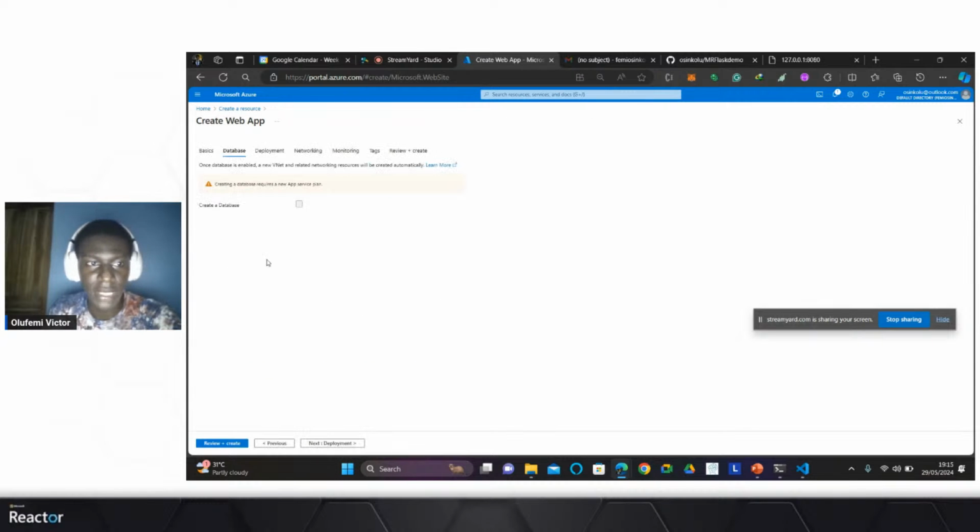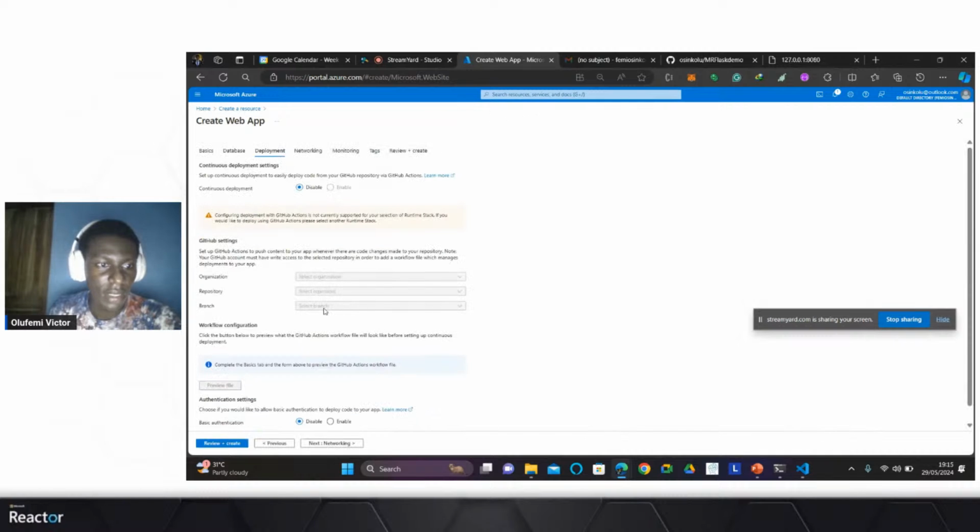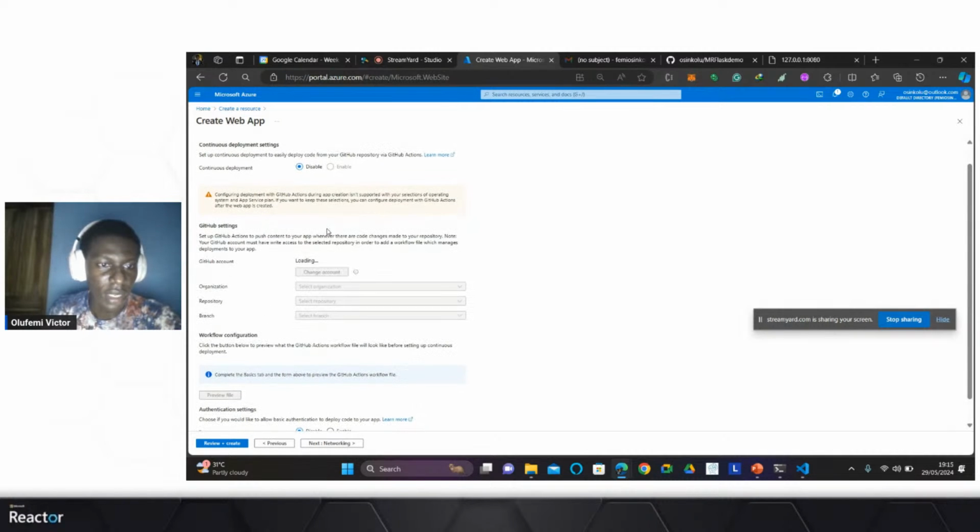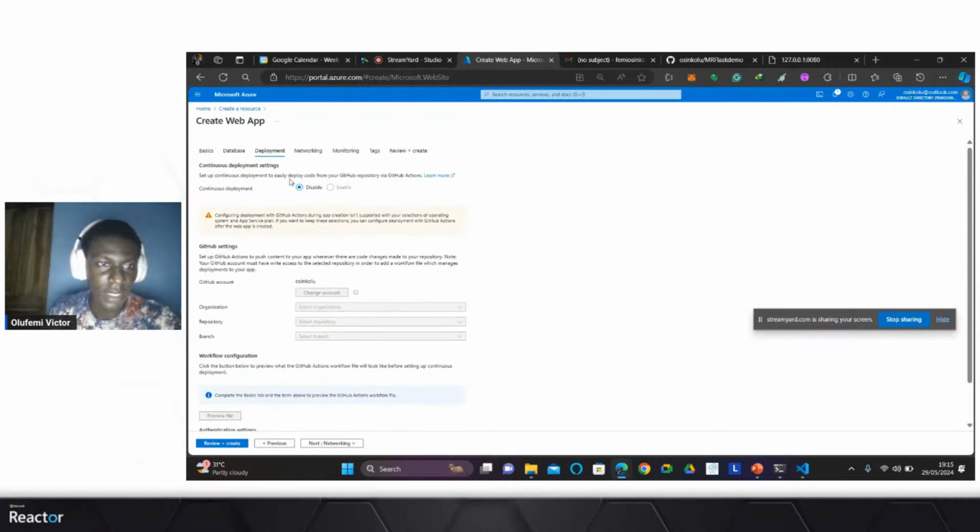If you have a database you want to choose, you can choose that, but I'm going to skip all that. For deployment, don't worry, we'll come back to see how we can choose this. You can see my GitHub account is already showing, and we'll come back to enable CI/CD.